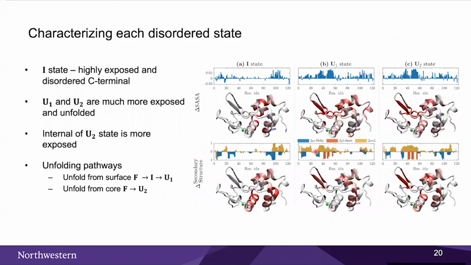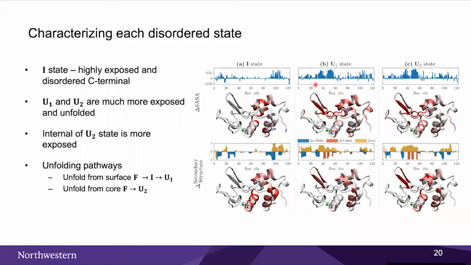Okay, and once you have this, the good thing about MD simulation is that you have all the snapshots and you can start to project them onto different structural properties. For example, you can look at the solvent accessible surface area change, or you can look at the secondary structure change for the entire ensemble of refined structures. Here I'm showing you, for the I state, delta SASA, which shows where the protein actually gained surface area. It's pretty clear that the surface area gain is solely from the C terminal, which is residues 90 to 110.